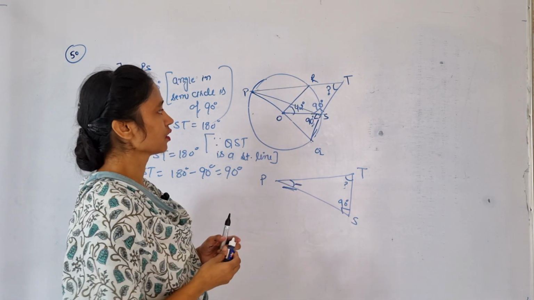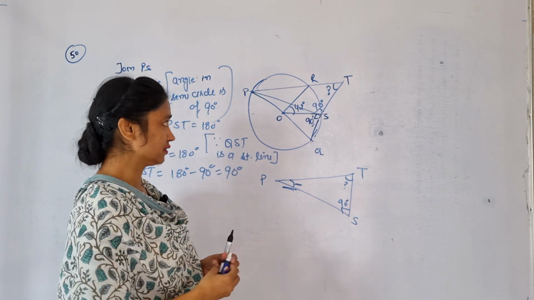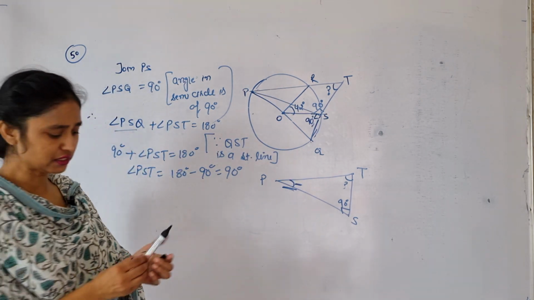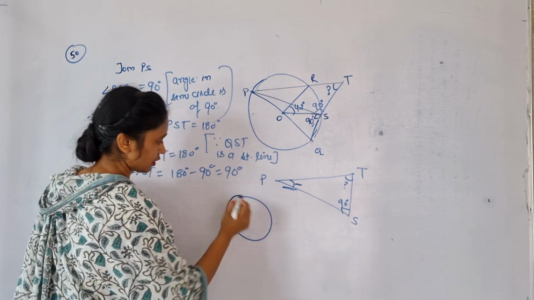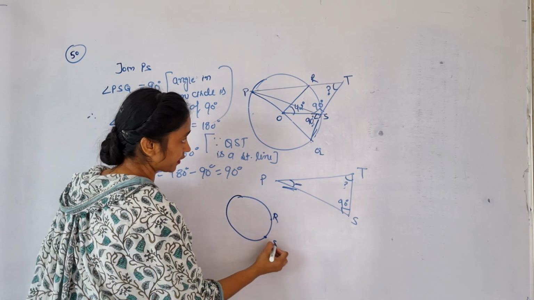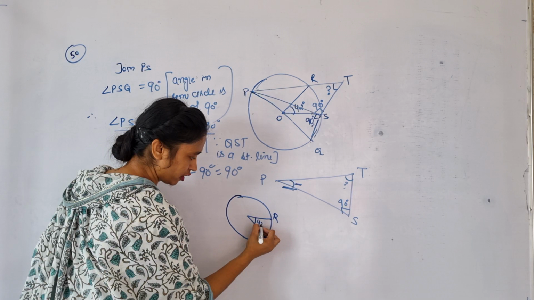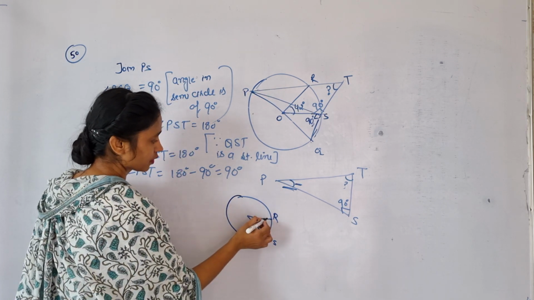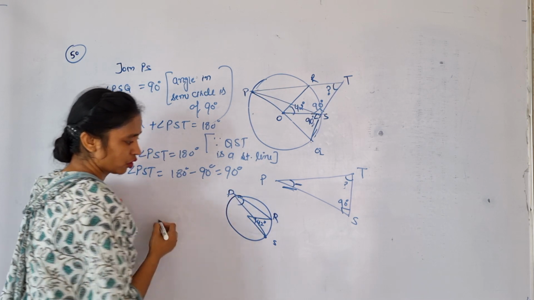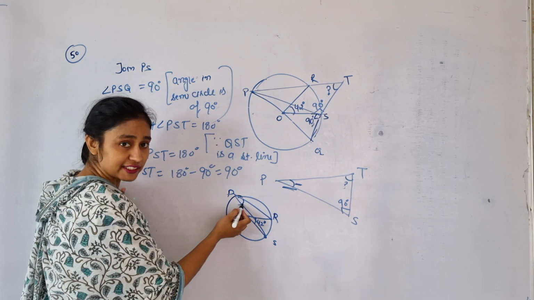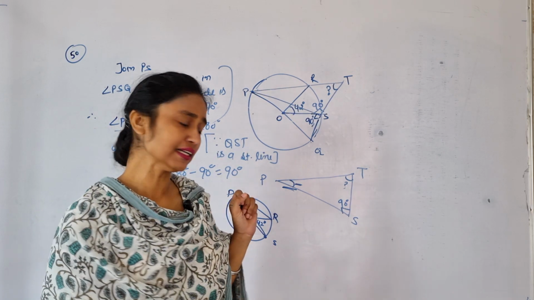आर एंड एस से दो एंगल सब्सटेंड किए गए हैं, वन एट द सेंटर ऑफ द सर्कल, अदर एट द रिमेनिंग सर्कमफ्रेंस ऑफ द सर्कल. ओके, आर एंड एस, दिस इज अ सेंटर. यहां पे एंगल बना है, वो हमें दिया गया 42 डिग्री, और इसी से ही यहाँ पे एक एंगल बना है P पे, तो हमें पता है एंगल एट द सेंटर इज डबल द एंगल एट द सर्कमफ्रेंस. सो इफ एंगल एट द सेंटर वी नो व्हाट वुड बी द एंगल एट द सर्कमफ्रेंस, हाफ ऑफ द एंगल एट द सेंटर.